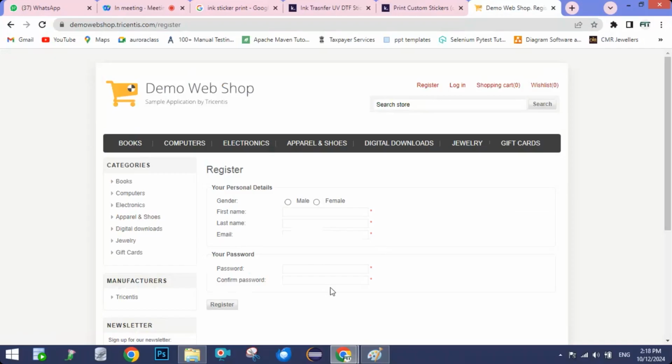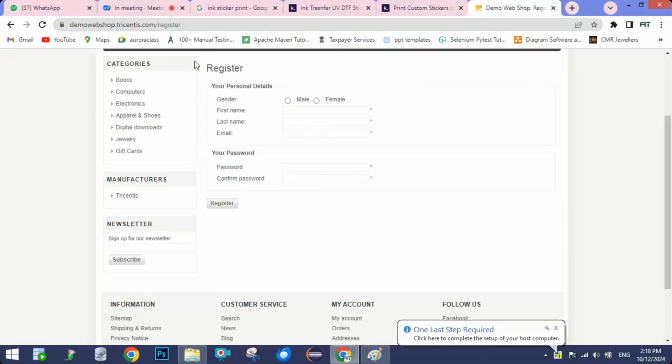Registration means we are giving our information to the application, so the application will store your information into the database, so that whenever you click on login and give the same information, it works. Let's take an example. If you see here, I gave gender, first name, last name, email, password, and confirm password. If I'm giving this information, when I click on register,